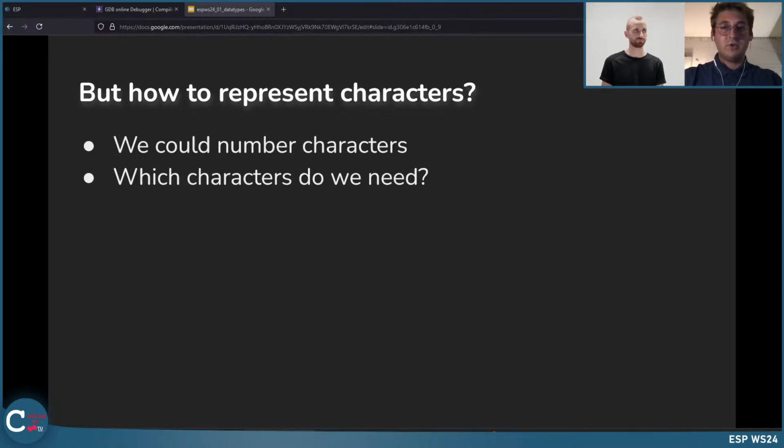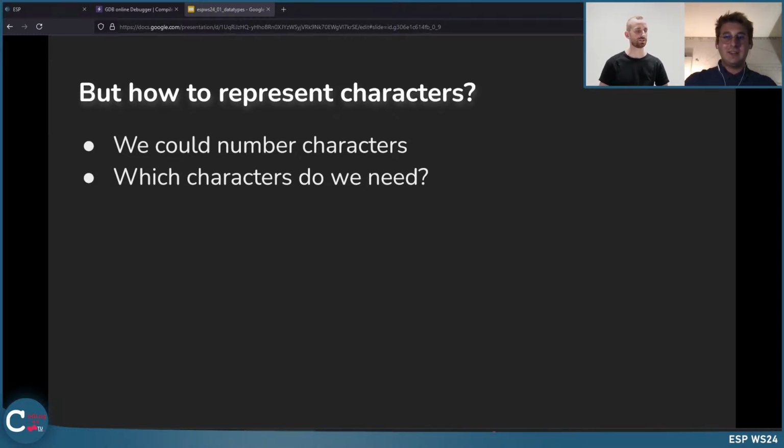Okay, we could definitely do that. But which characters do we really need? So please just write in the chat what characters we should definitely have when programming. So you mean now not for writing our code, but printing out code, right?